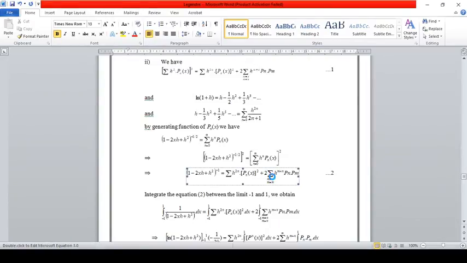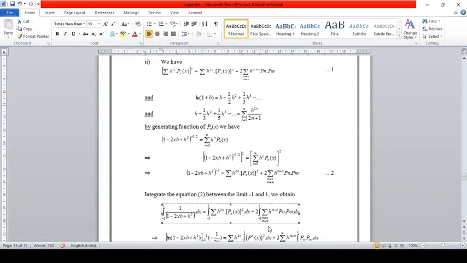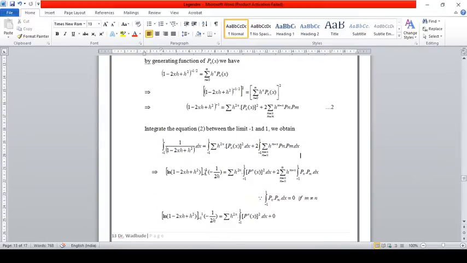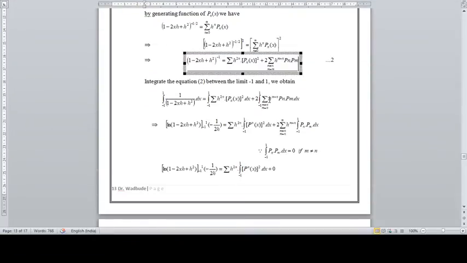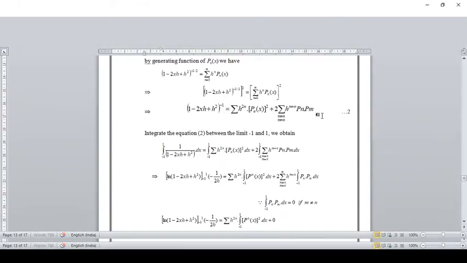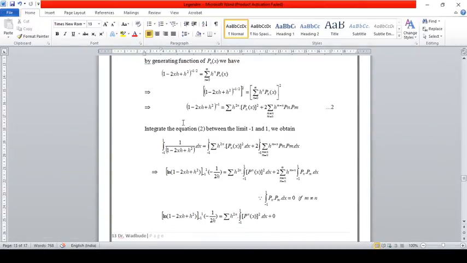Here m is not equal to n, and this is Pn Pm. This equation, again integrating between the limits minus 1 to 1, we obtain